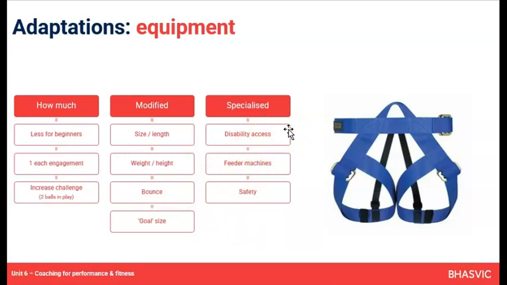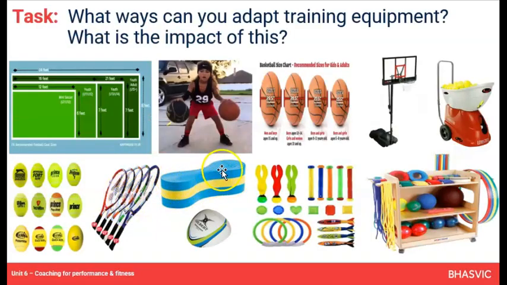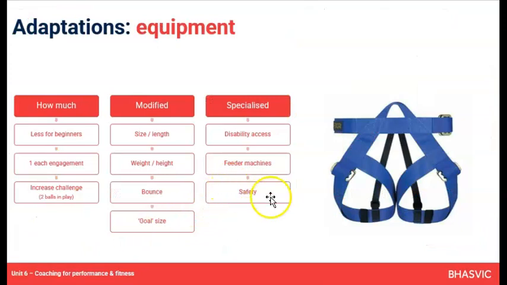Some equipment needs to be modified for disability access. So things like swimming pools have winches so that some disabled people have access to pools and can get in and out supported. Don't forget things like the buoyancy aids also for supporting. There's all sorts of different versions. I think I showed you a pool buoy there, which goes between your thighs so that you can practice just the arm action of swimming. Take away worrying about what your legs are doing. Let's concentrate on your arms or your breathing action in front crawl. Brilliant support to be able to isolate part of a specific skill.